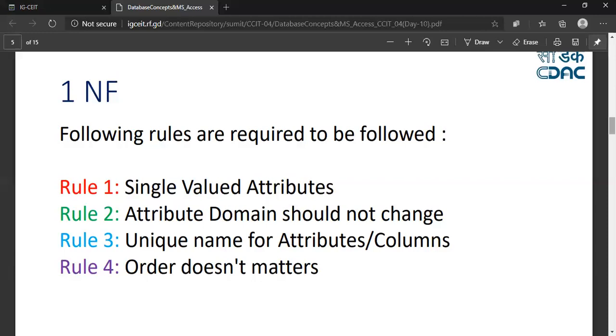Next, as per rule number four, order does not matter. If you have single valued attributes, your attributes are not getting changed, and you have a unique name for each column, then order does not matter. It means you can feed data in any order. If I change the order, it will not impact my table or affect my data. If it is affecting your data, then there is an inconsistency in your database,